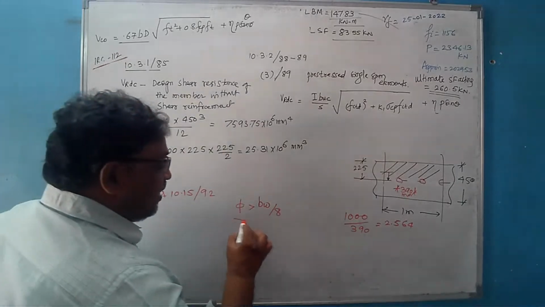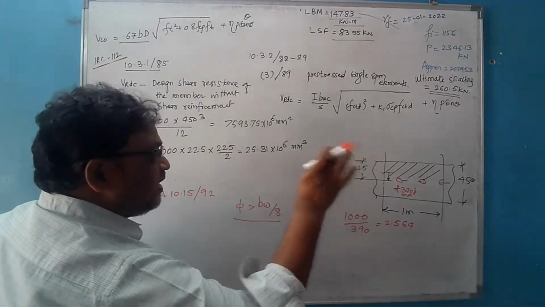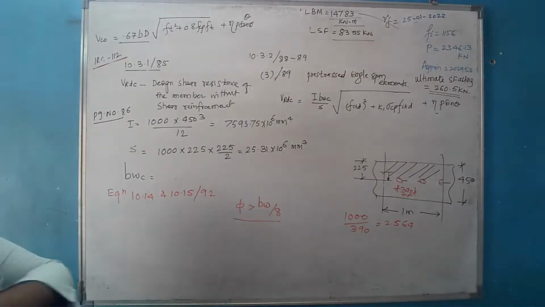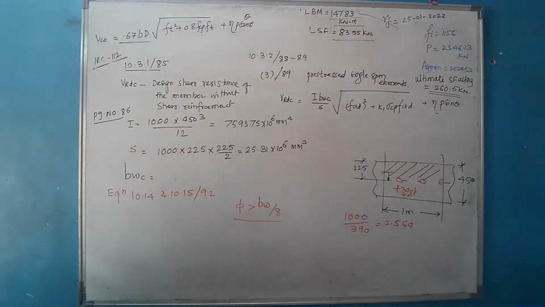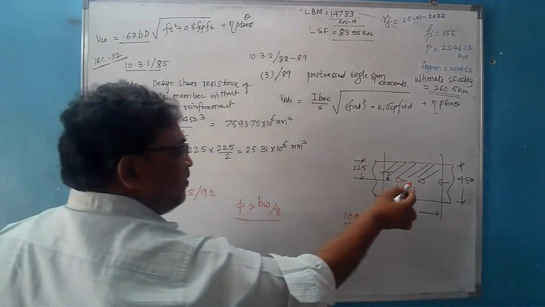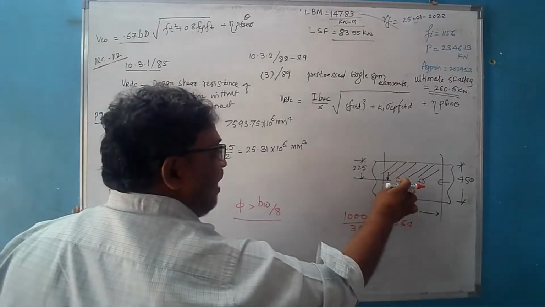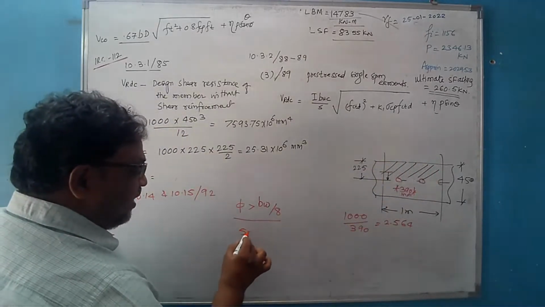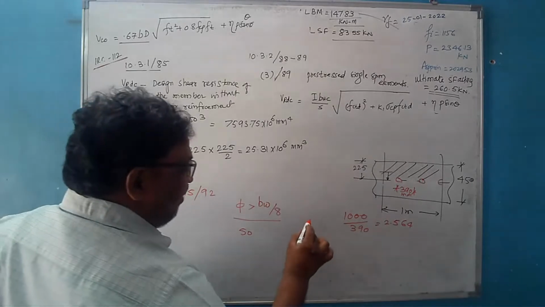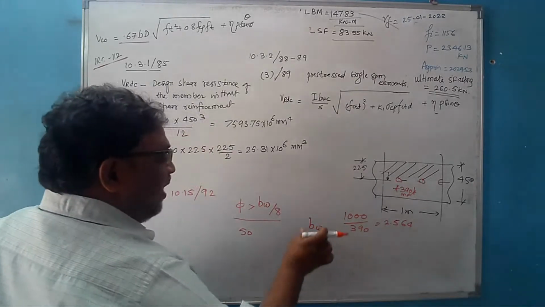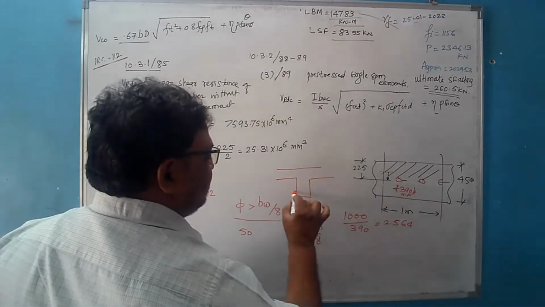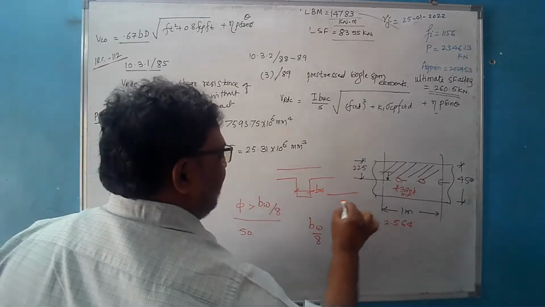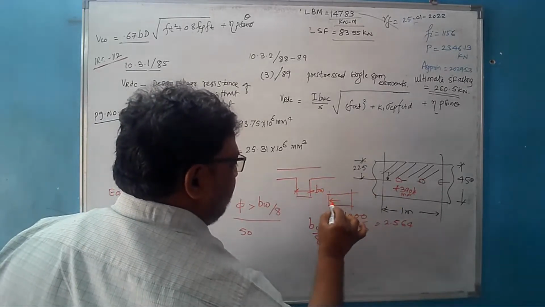This condition has to be satisfied so as to consider the deduction। अगर ये कंडीशन सेटिस्फाई नहीं होता है, then we need not consider any deduction। We consider whatever is the entire width that we consider in the calculation। What is phi? The diameter of the duct। How much was the diameter of duct? If you remember, हमने शायद 50 mm कंसिडर किया था, 50 mm। अभी देखिए BW by 8 कितना है? BW by 8, BW the width of web। नॉर्मली अगर ये कोई फ्लैंज सेक्शन रहता है तो दिस वी कंसिडर द विड्थ ऑफ वेब।